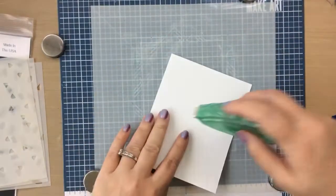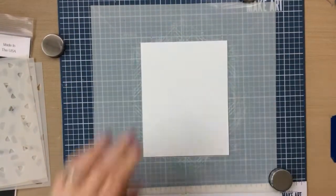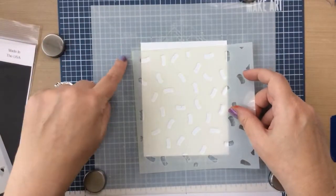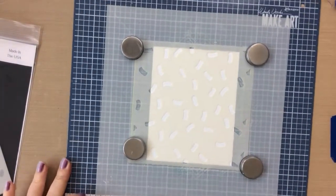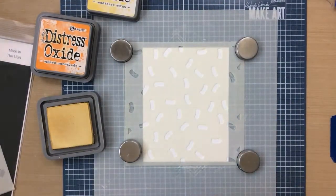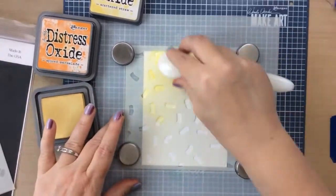So for the candy corn stencil, I'm going to use this with my layering stencil tool here so I can get it lined up and I can put those magnets right on the edge of the stencil. I want to stencil this from edge to edge on my A2 panel. So by using this layering stencil template and my Make Art Station, I can get these stencils lined up perfectly